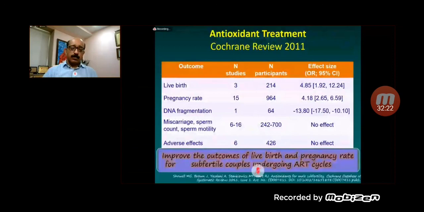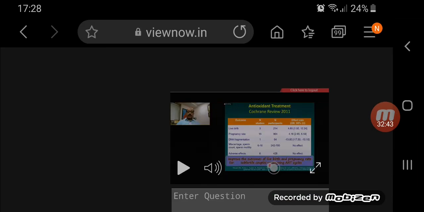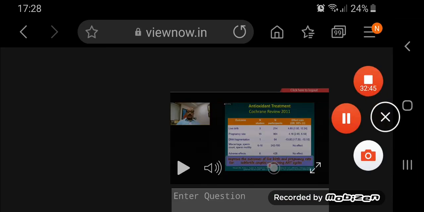This is again a review published in 2017, and we say that there is improved outcome in live birth and pregnancy rate for the subfertile couple undergoing treatment, to increase the odds for spontaneous conception. Alternatively, if spontaneous conception were not to occur,